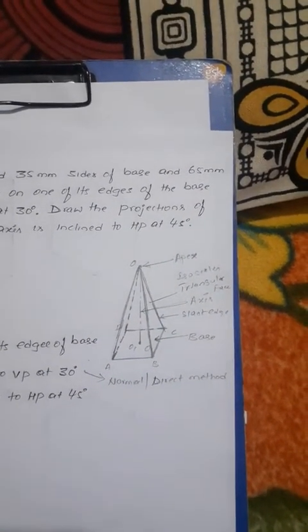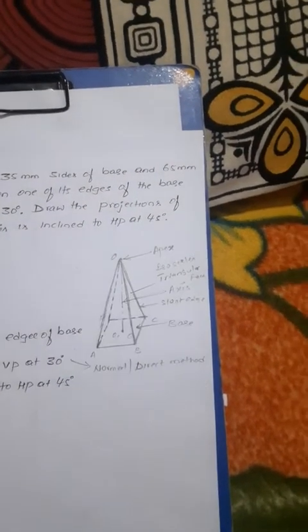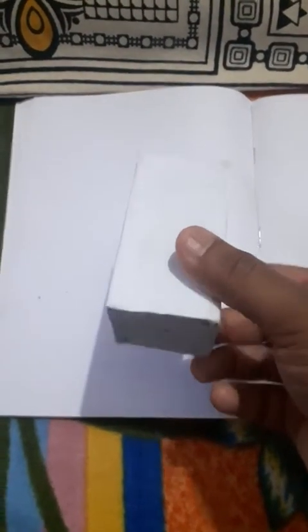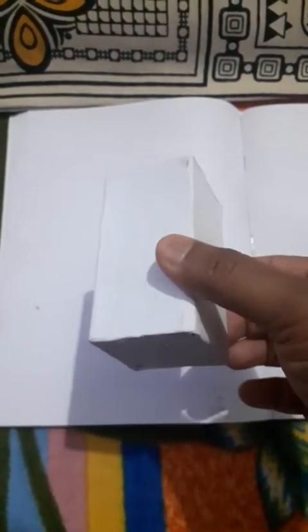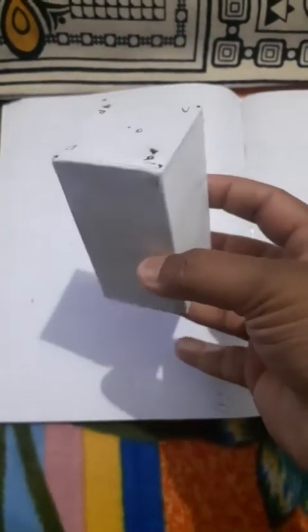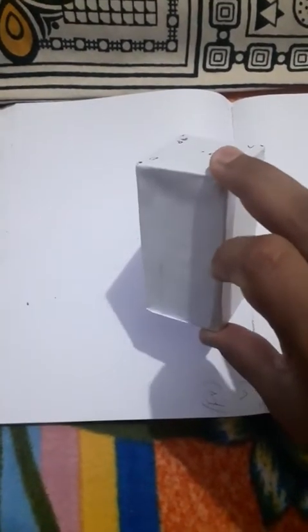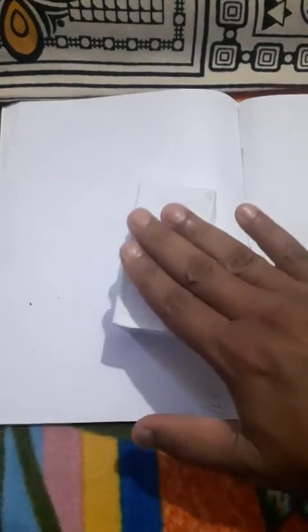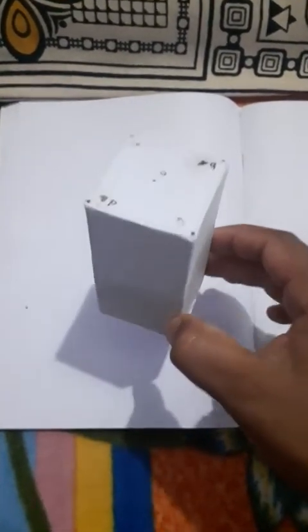Before going to solve the problem, first we should know the difference between a pyramid and a prism, right? Now see, this is a prism. What type of prism is here? What shape is it? Base and top are square, so this is called a square prism. It has both a base and a top face. The base corners and top face corners are joined with rectangular faces. This is called a square prism.